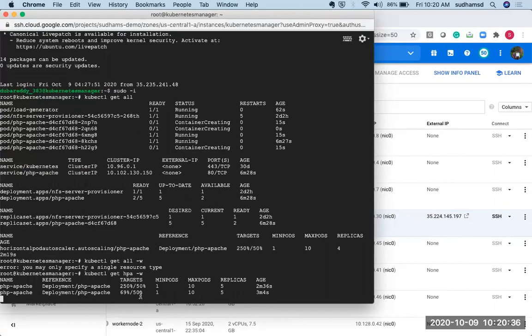See, now it keeps on going. Now you can see the CPU was reduced to 69%. After increasing the replicas to 5, the CPU utilization has come down from 250% to 69%. Okay, let's see. With some intervals, it will try to increase or decrease based on the CPU utilization. It will not be too fast. There will be a slight delay, not too much delay. That's it.